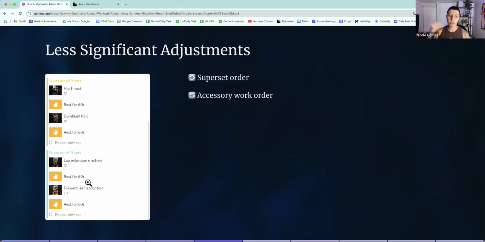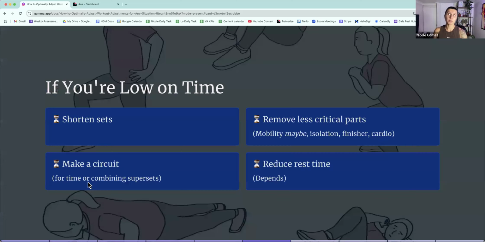So this is a way to, again, get through it faster. Are you going to be resting that much time? Probably not, but you're going to be able to get through your workout. So I do this sometimes for my accessories, when I have like 4 things that I need to do, and I can, let's say, do them with dumbbells, or one's on the cable and then 3 of them on dumbbells. I'm just going to do them all at the same time and just get through them as quickly as I can. So that's an option called combining the supersets.